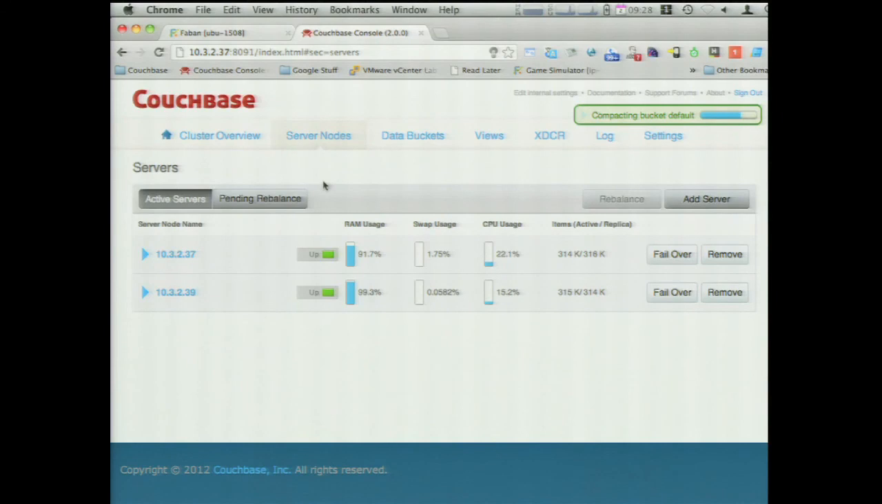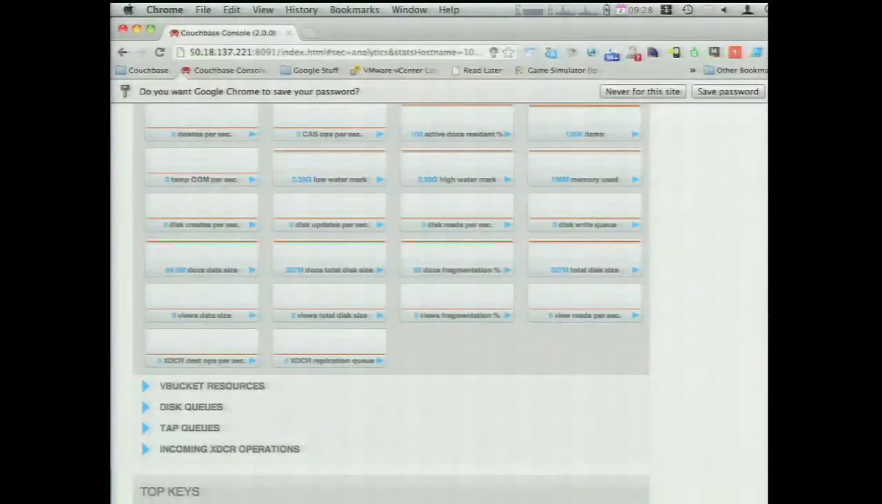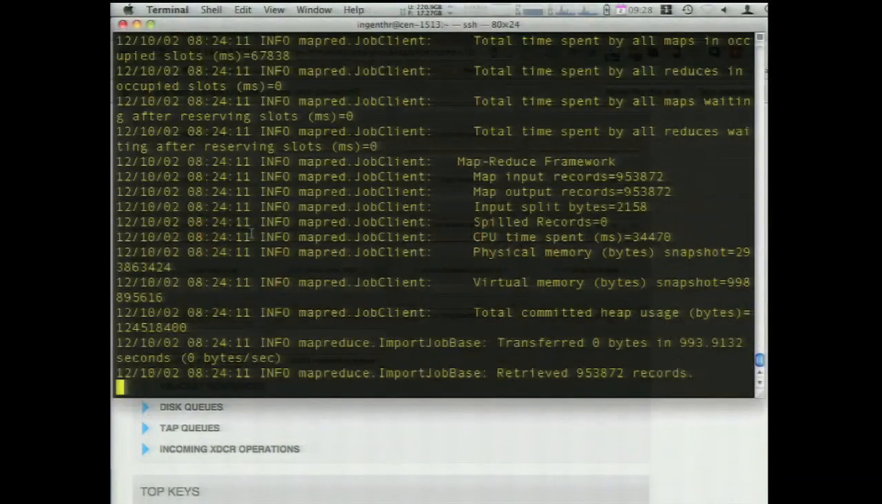I have a 2-node Couchbase cluster and a 2-node Hadoop cluster. So I have a couple task trackers out there. This is the Cloudera Manager. And then what I'm going to do is kick off a Sqoop job. First I have to remove my previous data, just to make sure that when I dump the data, it's clean. And so now I'm going to